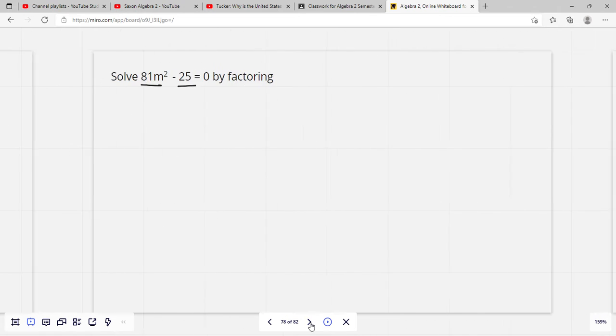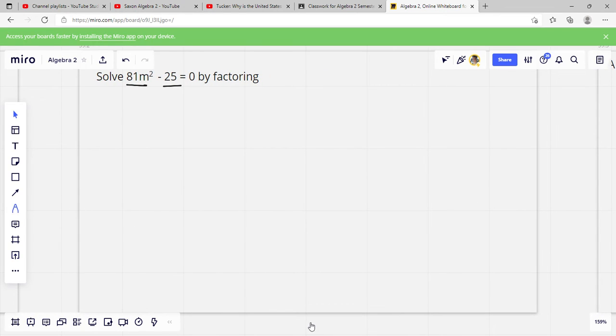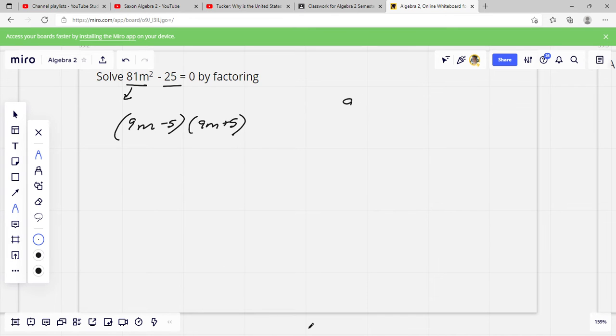Okay, this one says solve by factoring. So I'm going to look at this and we're going to see I've got a square. 81's a square because of 9 times 9, right? So 9. And then the square root of m squared would be m. And then I've got 25. The square root of that would be 5. So I've got minus 5. And then we have to do it again, but positive. 9m plus 5, right? And if I rainbow that back out,